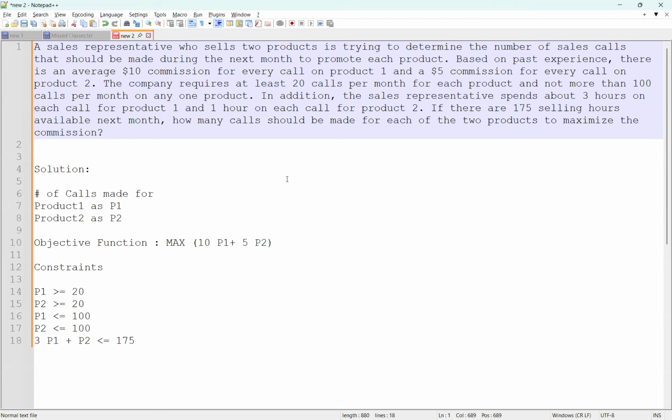For each product, they have the estimated commission. For one product, the commission is 10, and for the second product, the commission is 5. And there are different constraints. One is at least 20 calls should be made for each product, and the calls should not be more than